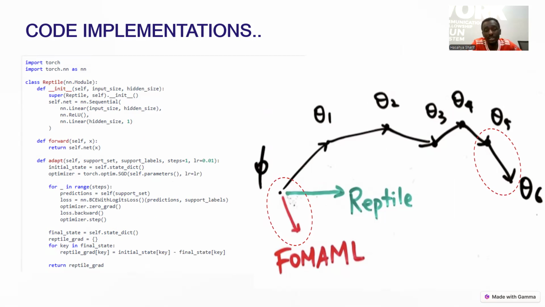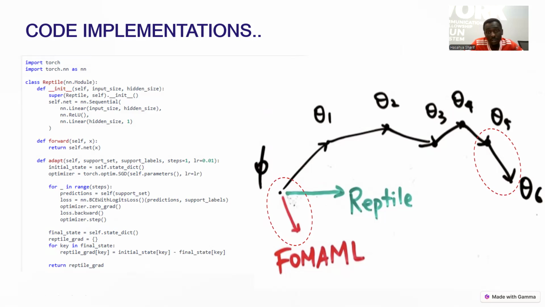So we have the net and the adapt plus the Reptile gradient. Our net, this net is the base neural network architecture. And then we have the adapt function, which computes the meta gradient, and then we have the Reptile gradient, which is